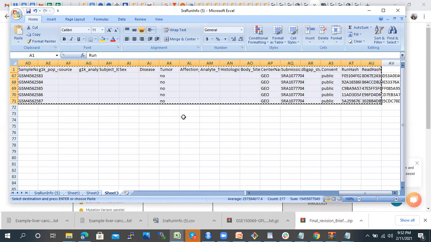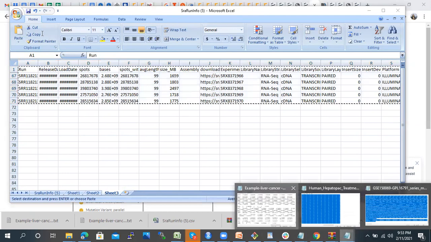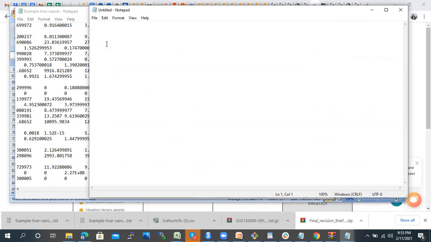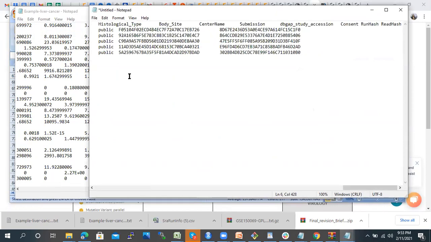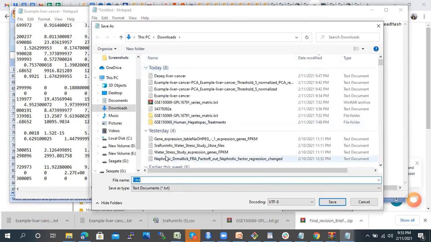Now here our aim is to produce a gene expression table from raw sequencing reads. So I'm not taking all the samples. Just to show you how we can upload the SRA run table, I'm taking 5 samples. So if you have this, this is called an SRA run table. Now we can copy this into a txt file and save this as liver cancer SRA run table example.